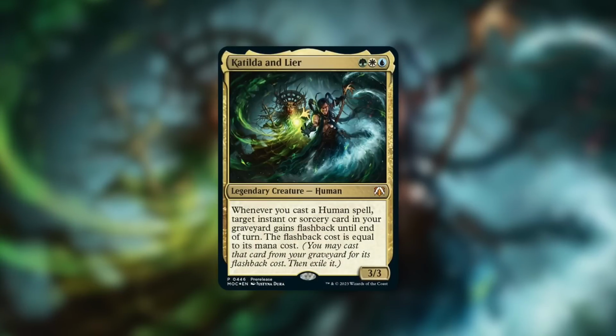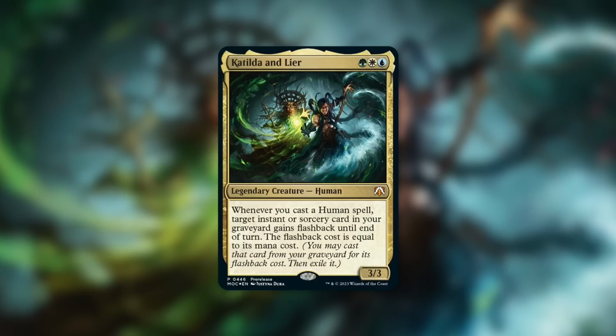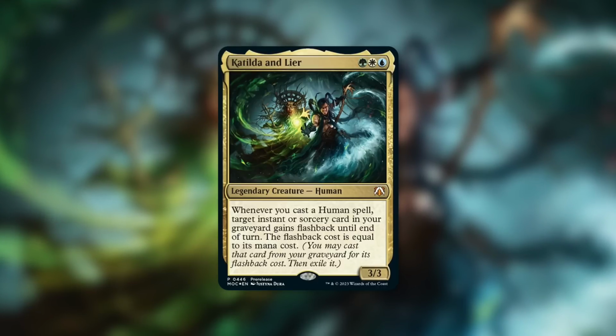Overall, a very interesting take on human tribal. Again, hey, here's a benefit whenever you're casting your humans. Let's just flash things back. Basically, all your humans now are Snapcaster Mages, which is pretty crazy. So yeah, you can do a lot of exciting and powerful things with this combination. Yeah, I think a lot of players out there are going to be pretty excited about this one. If you're one of those